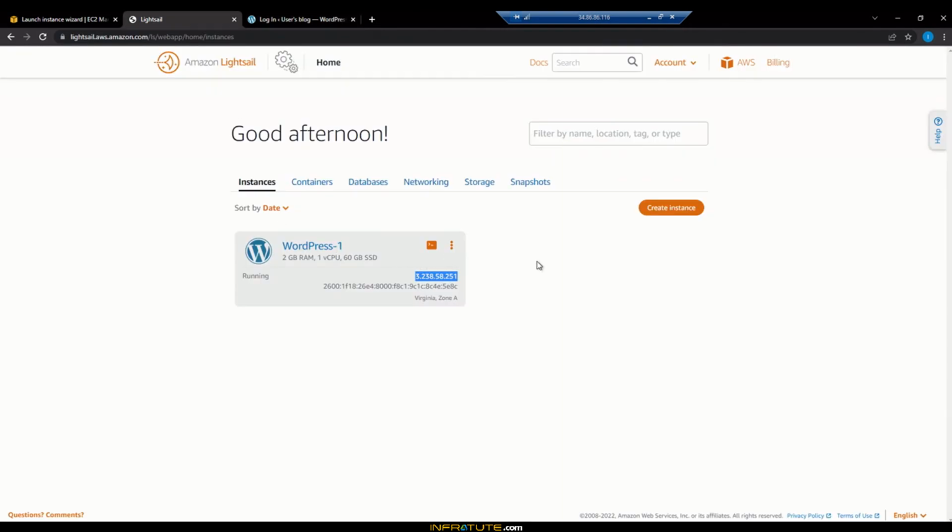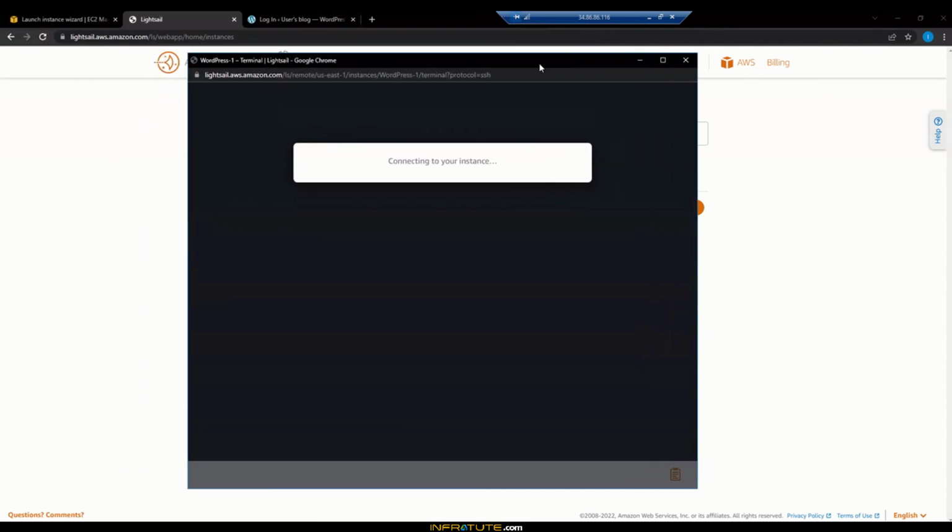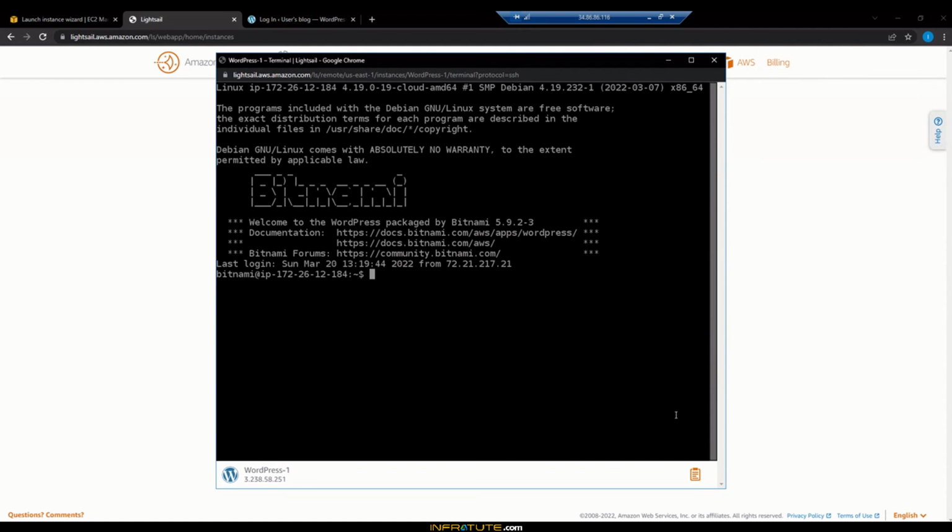So what you have to do is click on this particular icon here. All right, and we should be connected. This is pretty much like the EC2 Instance Connect. And now from here, type in cat bitnami hyphen application. Just a second there. Okay, so that's bitnami underscore application underscore password. That's cat bitnami_application_password, and that is the password for accessing the backend of